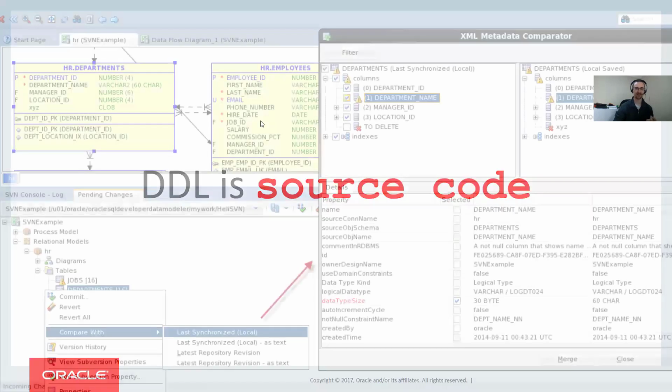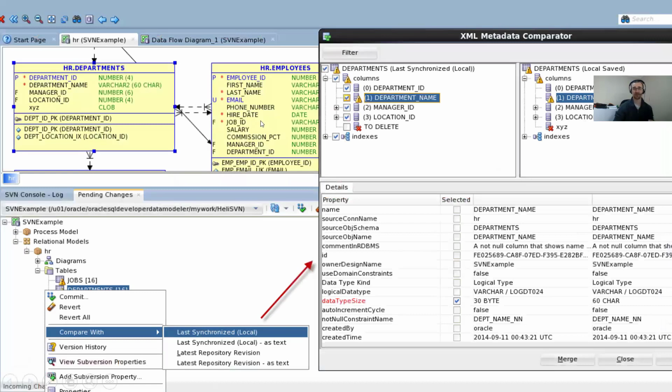But what I would say is the technique that I've used and really liked is Oracle Data Modeler. I like this for a couple of reasons. First up, it's a nice GUI interface, so you can actually visualize your schema diagram, see what's going on, easily see the relationships. It integrates with SVN, and it has a really nice diff utility, so you can see what's there and what's changed.